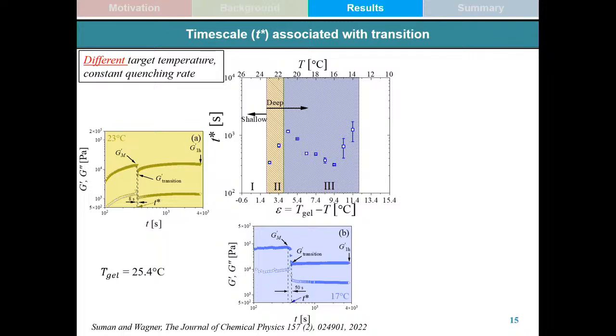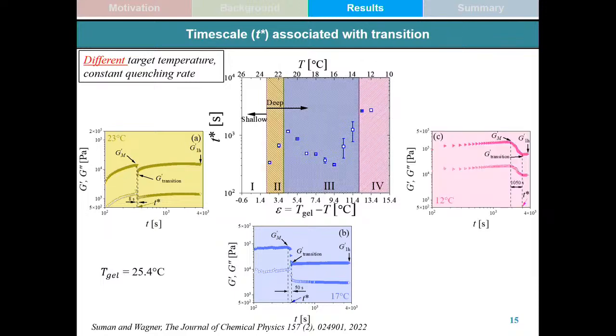We see that it undergoes a very sharp decrease in G prime value, and the transition time is noted over this middle graph over here. Epsilon is basically the extent of thermal quench, which is nothing but the difference between the target temperature and the gel point temperature. We further decrease the temperature to like 12 degrees, and what we observe is that this transition